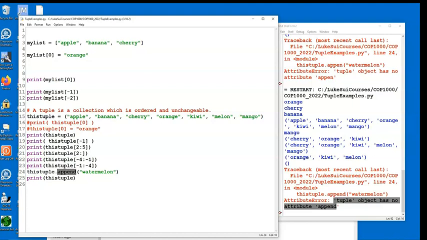But if I do want to update, I do want to update. So here's a little technique. I want to add watermelon to the tuple. And even I'm trying to use index to do it. So I know this doesn't allow me to do it here. So I'm going to do this here. I'll put a comment here. And then I'll say,